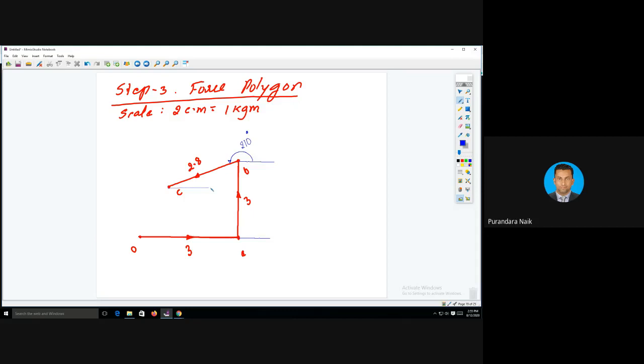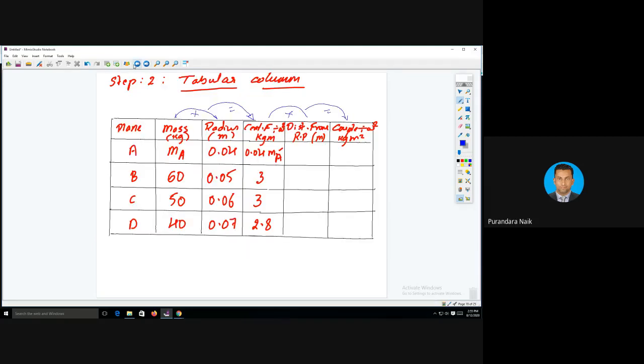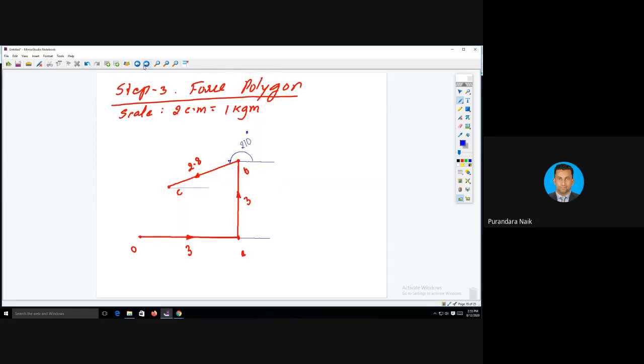It should be closed. Total 4 forces are there. Out of these 4 forces, 1 is unknown. This is unknown, but the remaining 3 are known. If the system is in completely balanced condition, the force polygon must be closed. It means the summation of all the forces must be equal to 0. To make it equal, the force polygon must be closed. Here the force polygon is not closed. It is open now. How to close it? You just join the last point with the first point